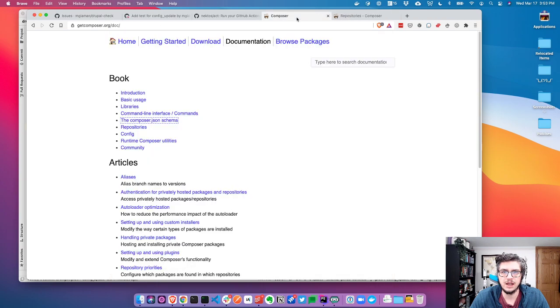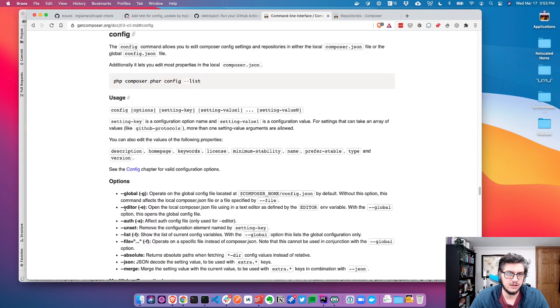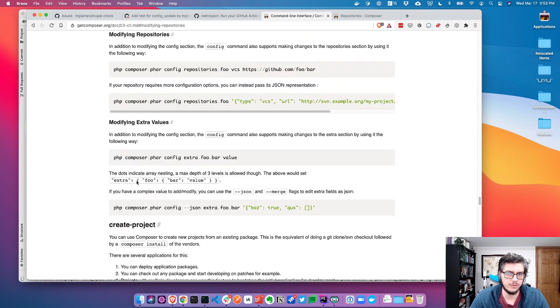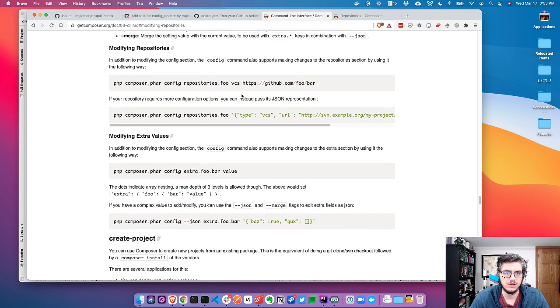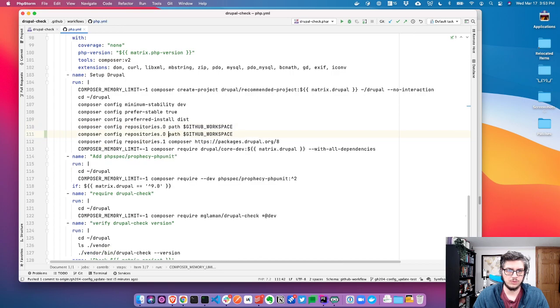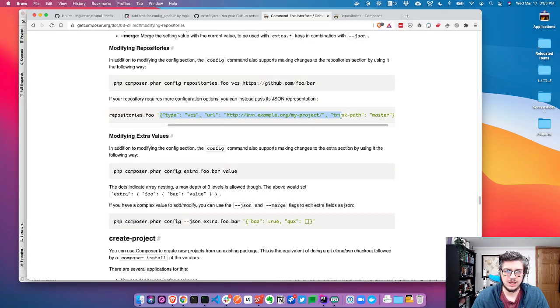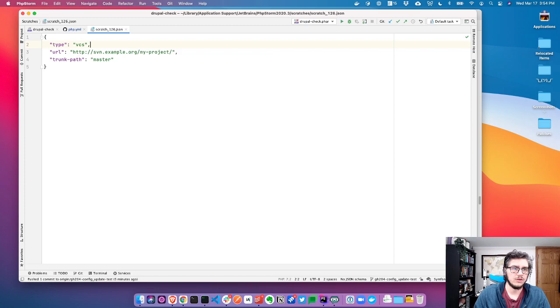So let's look at the command line documentation for config. Modifying repositories. So you can do that, or you can pass the JSON. Oh, great. That's perfect. So we will have to do that. I'm going to duplicate the line so I have it for record. Let's copy this. We're going to do it in a scratch file. So it would be